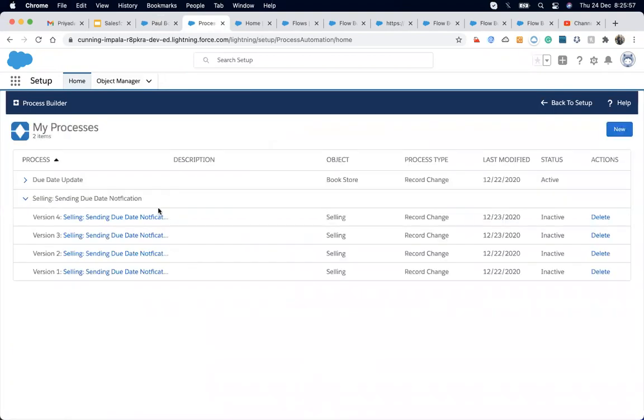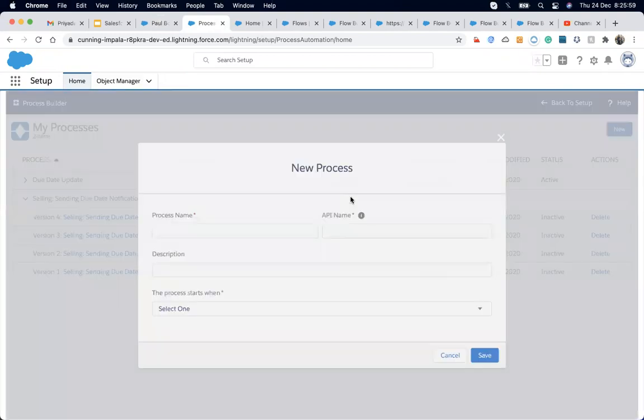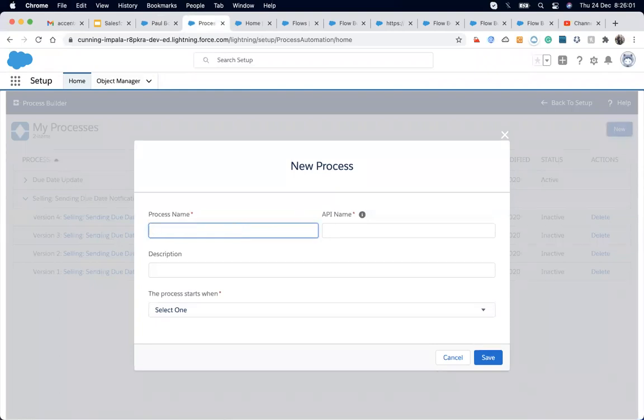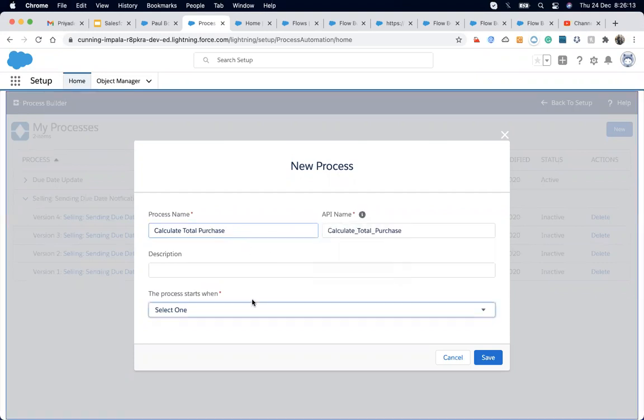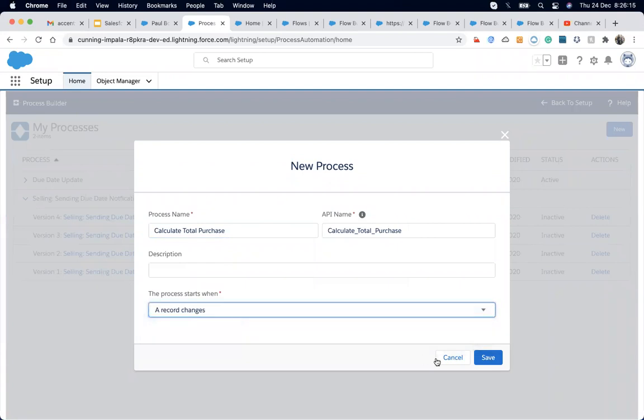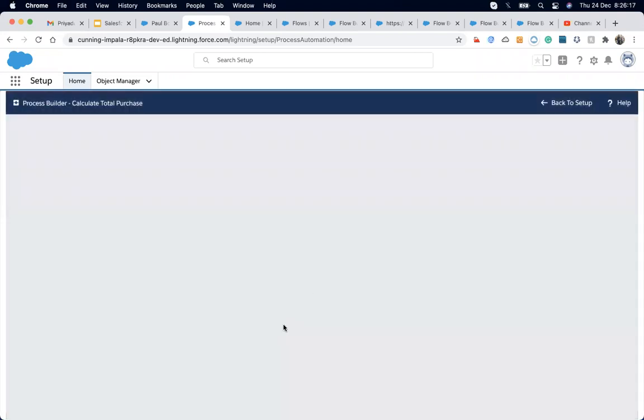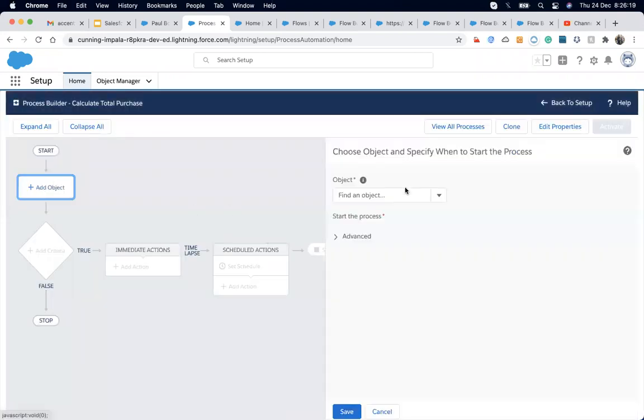Let's create a new one. Calculate total purchase. When the record is changed, I come up here and add the object.